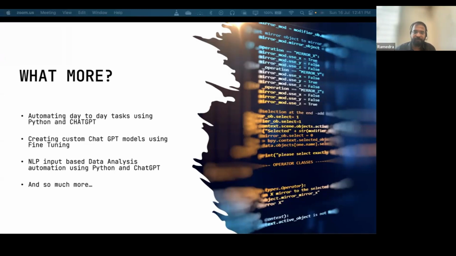That is different. But you can just write it in English that please make a scatter plot for me. Please make it in red color, like how we have been doing since last 2.5 hours. That is one of the major revolutionary things that is happening in data analysis aspect, right? NLP input based data analysis. And there is so much more application. I can talk about it all day, but